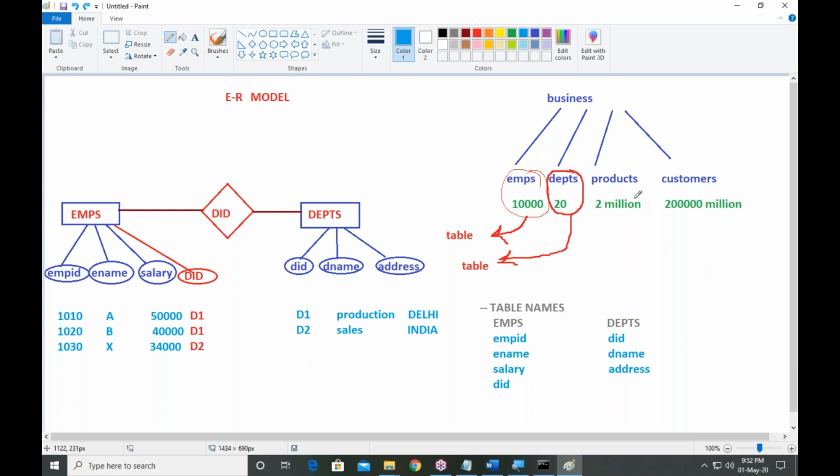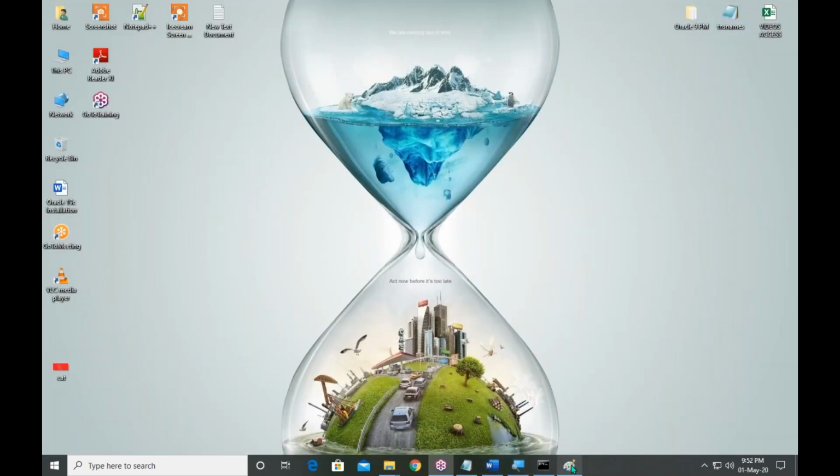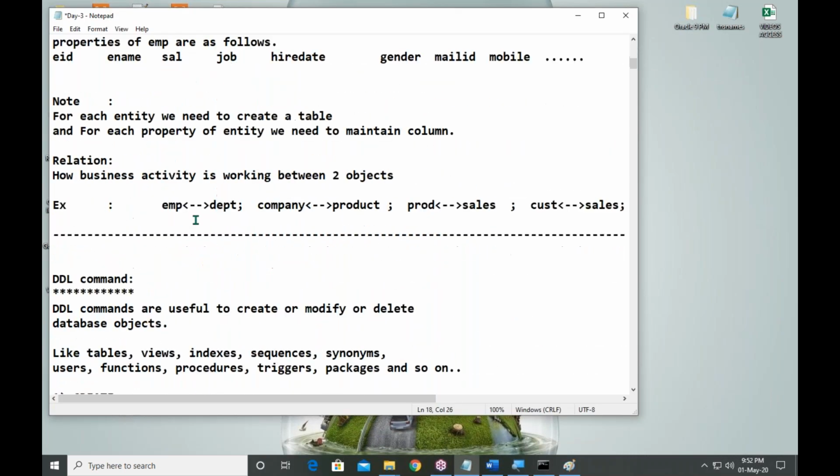Understand everybody? Is there any doubt? Anyone? Okay. According to this diagram, I am ready to create the tables.